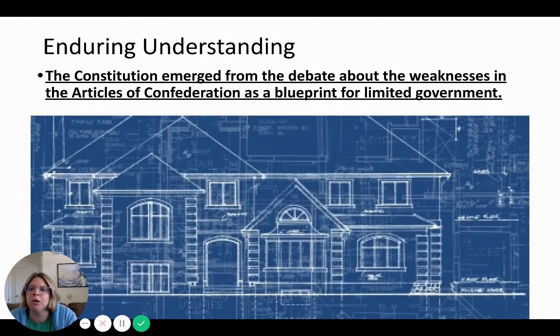So what is a blueprint? A blueprint is basically a plan. If you're an architect or an engineer, you create a blueprint, which is the basic plan for your structure. And so even though the Articles of Confederation did fail and did not succeed as a form of government, it showed to us the need for a strong central government. It showed to us the need for federalism. It was really helpful in building a better form of government under the Constitution. So all the flaws and problems were then used to build a better Constitution.